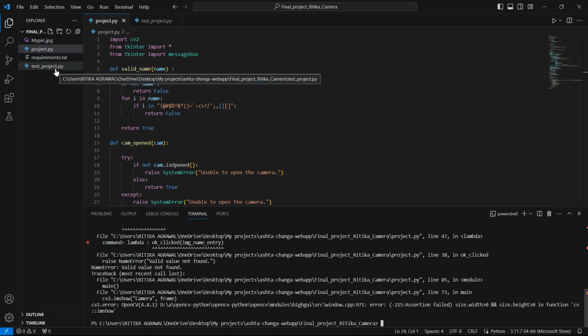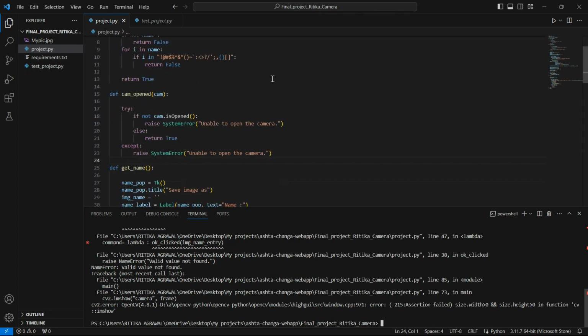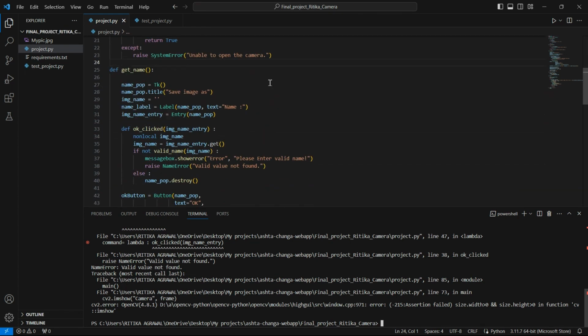And I have also created a test project.py file which tests various methods or functions in my